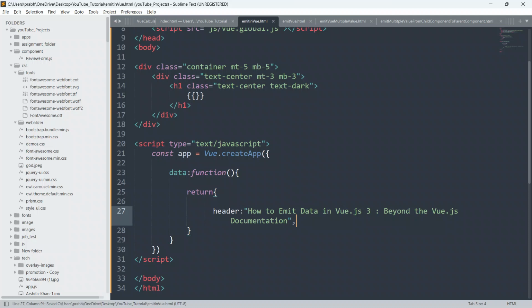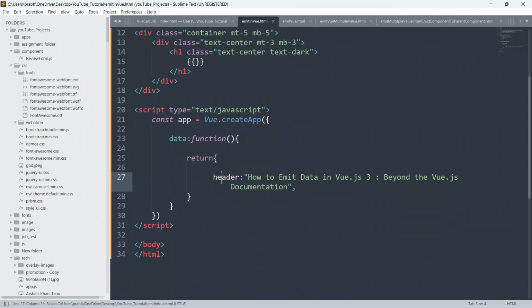In this way we have created one variable, which is also called a data property, or sometimes state variable. Here we have created a variable called header, and we have assigned it some value. It can be text, a number, null, an object, or an array.